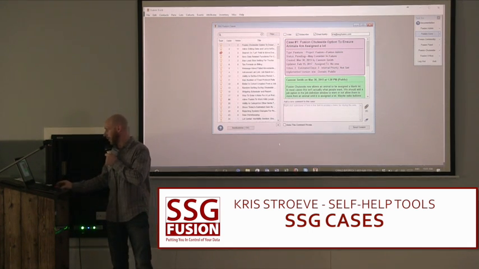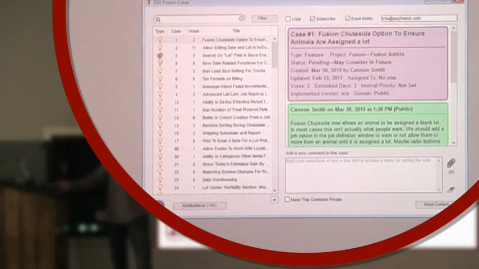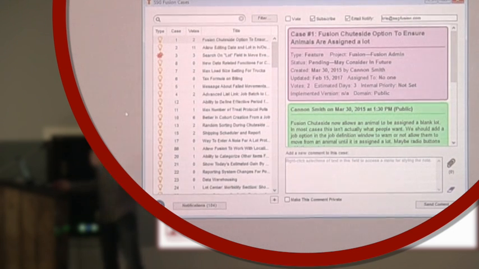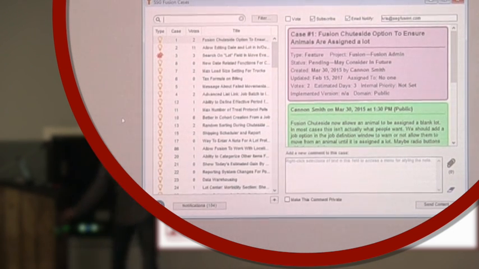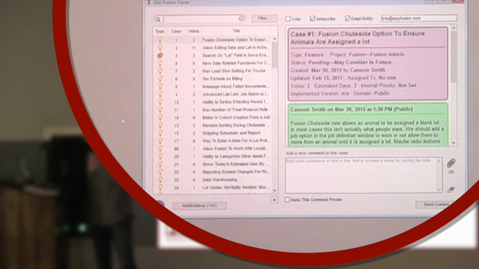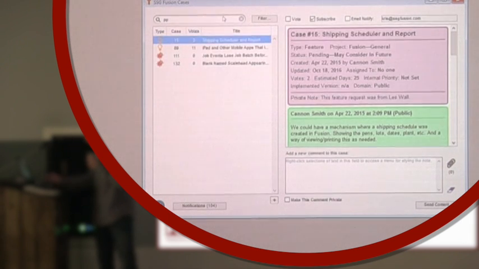So in this list we have a case number and a case type. So whether it's a feature request or a bug fix, they're all very, very accessible to you. So if we look at something like an app,